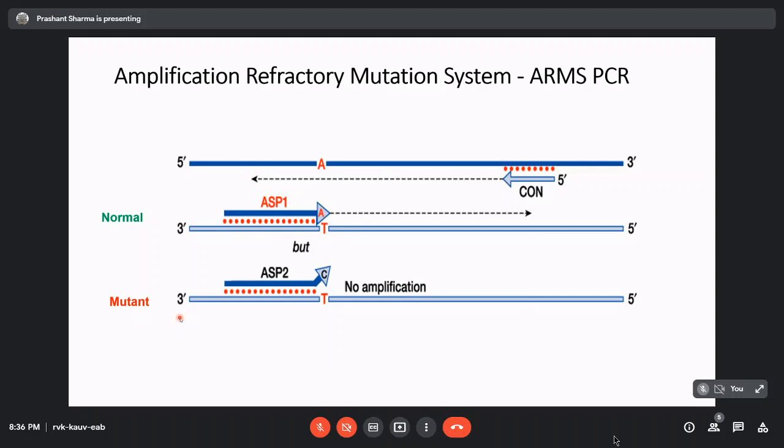On the other hand, if the patient has the mutation and we've put in the other primer, the wild type primer, this is not going to bind. So in this particular example, this DNA is again the wild type DNA, and when we put in the mutant primer, which instead of an A has a C at this 3' end, there is going to be no complementarity, and then the DNA dependent polymerase is not going to amplify the subsequent part of the segment.